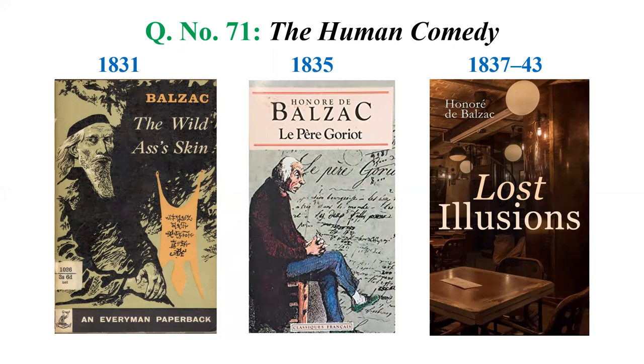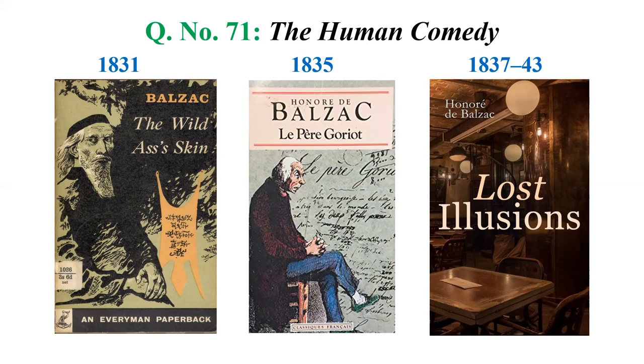Number one, 1831, we have this novel, The Wild Ass's Skin. In this story, you have a guy who buys a skin, an ass's skin. And the specialty of this skin is that it grants you wishes. But there is also the underside. It grants you a wish, and once your desire is fulfilled, you also feel its negative side, that your health declines. So here is a person who wishes again and again and again and finally dies. And there is also a love story in this one.